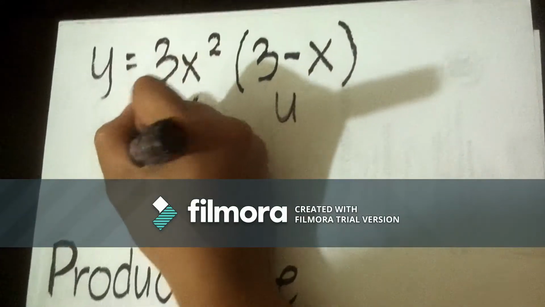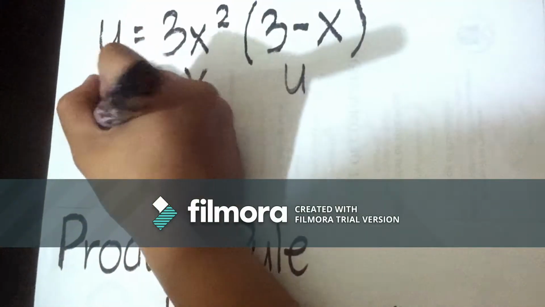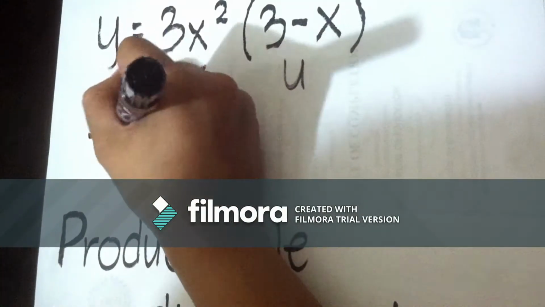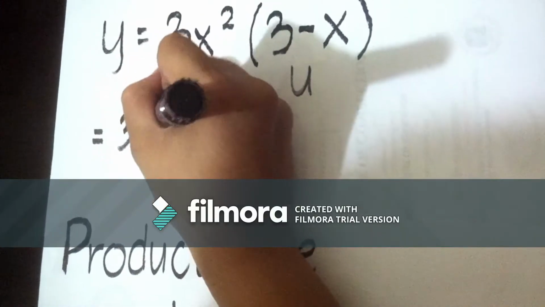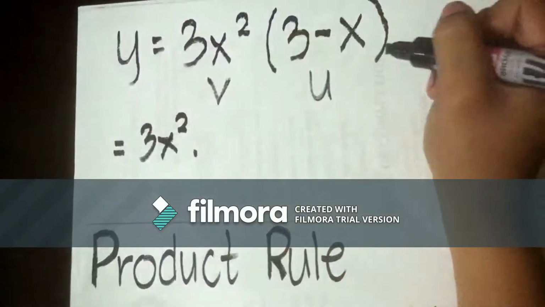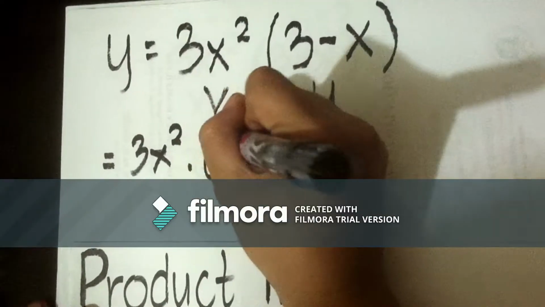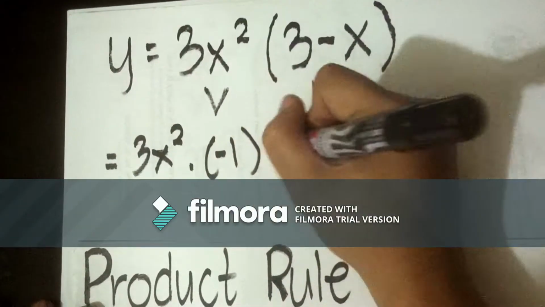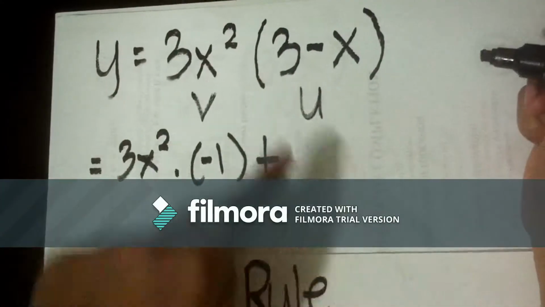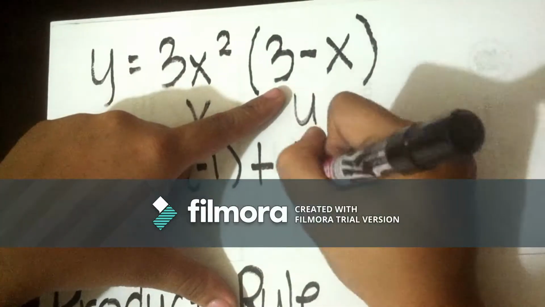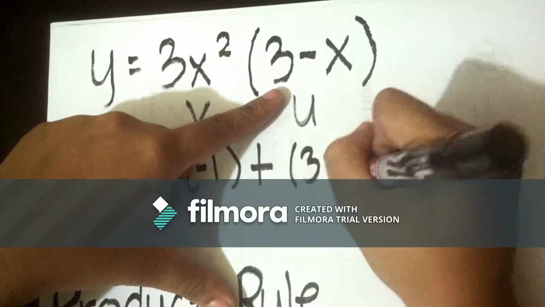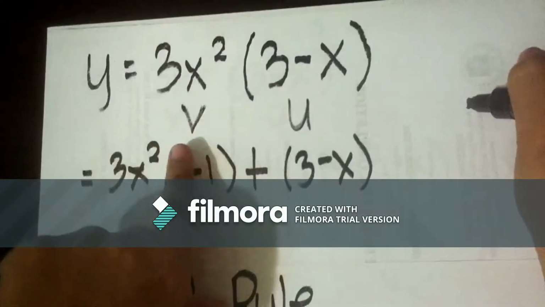Following the formula, v, which is 3x squared, times the derivative of u. So the derivative of u here is negative 1, plus u here, copy 3 minus x,